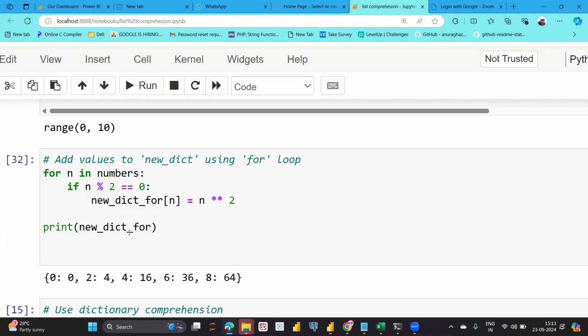Values will be of any data type. You can take any data type for declaration. When you are declaring, you can take any data type. V is equal to